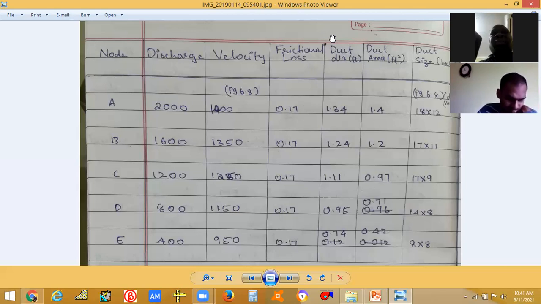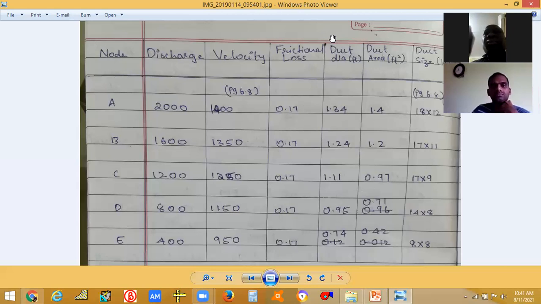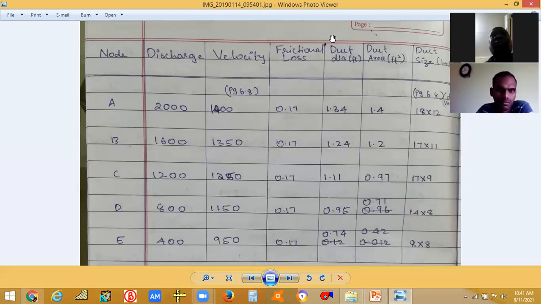So you have the formula Q is equal to A into V, right? You know Q. How much is Q? 2000 CFM, correct? You don't know the area of the duct and you don't know the velocity. The velocity of the duct you could get from the tabular column that we have already seen yesterday. So here you assume any application, for example, a private office or a library or a director's room. Take this option, as we are just assuming it.